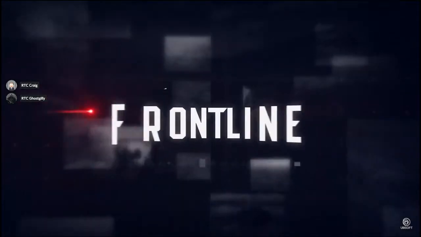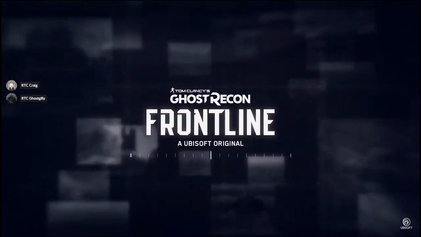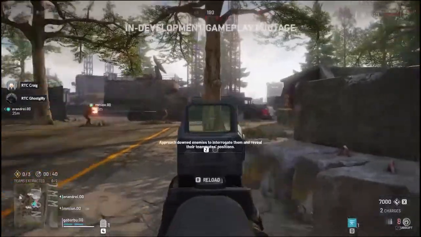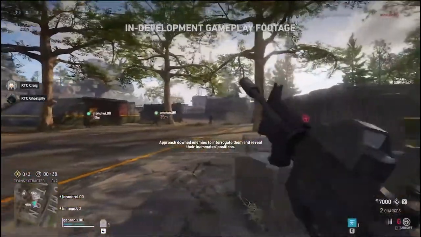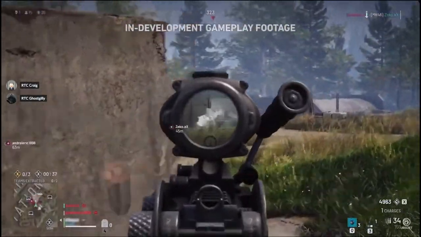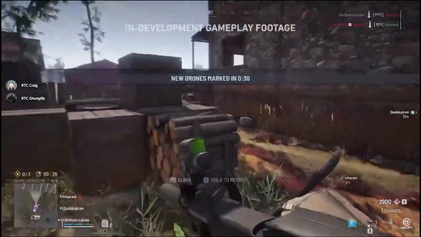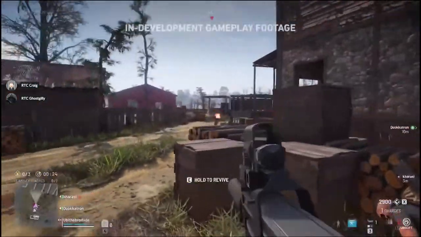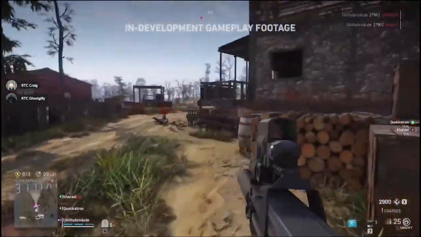Tom Clancy's Ghost Recon Frontline is an exciting new addition within the franchise, driven by our very personal take on a military authentic massive PvP shooter. We are bringing you a tactical action game with a dynamically evolving pace and freedom of approach at its core. In Ghost Recon Frontline, you are at the heart of the action. And it's up to you to decide how you're going to outthink, outmaneuver, and outplay your opponents. Because in this combat zone, there's always more than one path to victory.